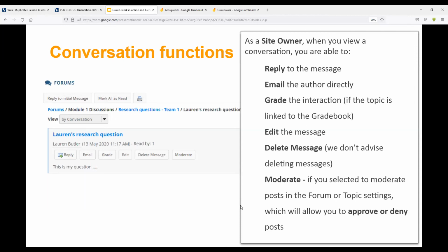The forums, of course, is a public space, and hopefully you're not getting abusive messages there or needing to delete or edit messages. You can moderate topics so that people's posts don't come up automatically. They have to pass moderation. I wouldn't advise this, particularly with large forums. This means you have to moderate hundreds of topics, hundreds of conversations all the time, just a very intensive process.